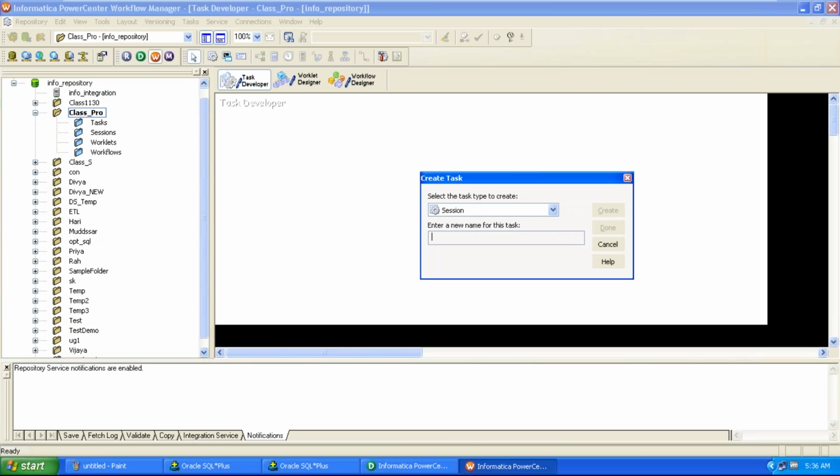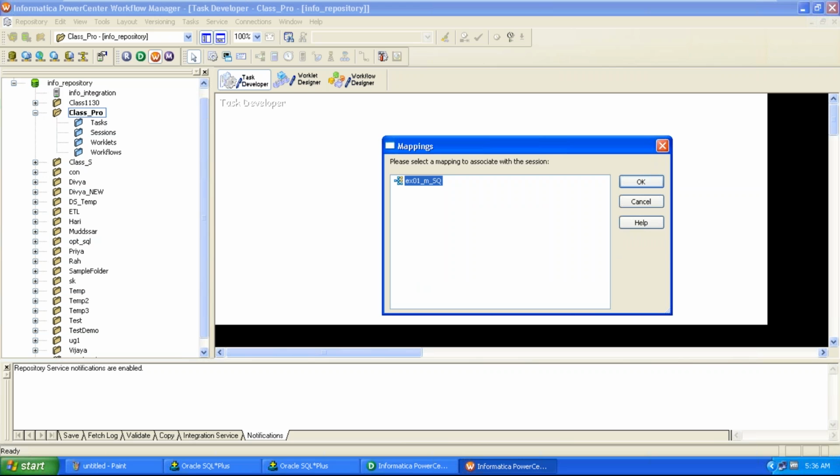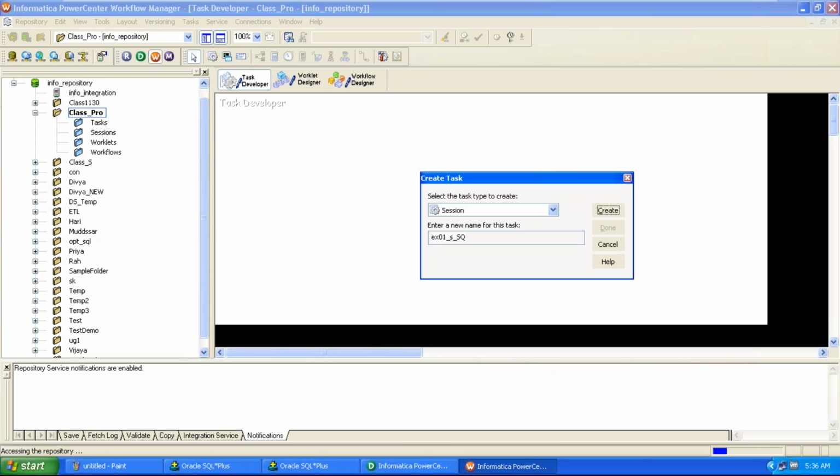Select the session, provide the session name. My session name is ex01_s_sq, which is my session object. Click on create. And I'm creating a session for the mapping called ex01_m_sq. Click on OK. Click on done. So the session is ready. But once the session is ready, we have to provide the connections to the source qualifier